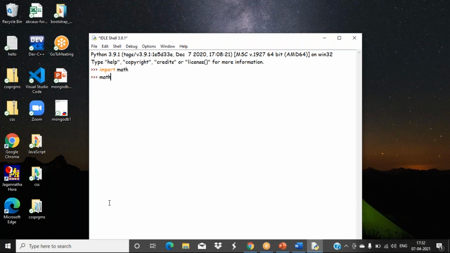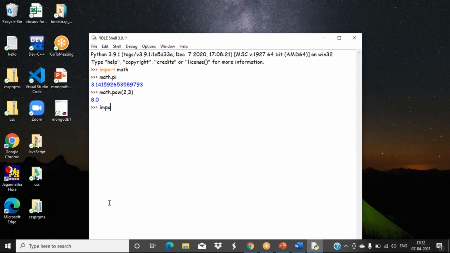Okay, so with math, if I want to display the pi value, we can use it like this, print, and it will show the pi value there. If I use math.pow, a function, with 2 comma 3, that is 2 raised to 3, it will show the output like this. All these built-in things they have created inside the math module.